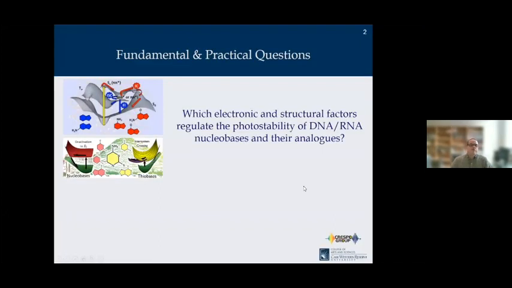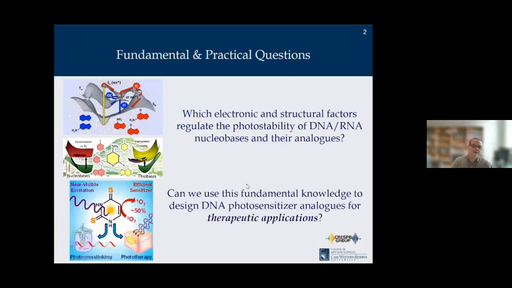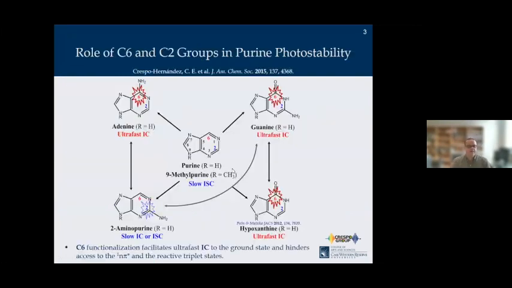So our group has been interested over the years in DNA photochemistry, particularly understanding the electronic and structural factors that regulate the photostability of the DNA bases and their analogs, but also seeing if we can use this fundamental information to develop DNA derivatives that could act as photosensitizers for therapeutic applications like PDT. So I'm going to summarize here more than 10 years of work in two slides, actually,